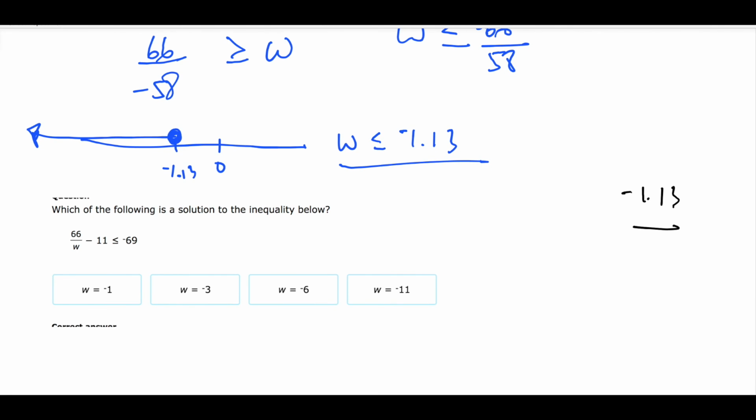Okay, so then all you have to do is see which of these answers fall in that zone right there. Does negative 1 fall in that zone? Which of the following is a solution? Hold on. It says